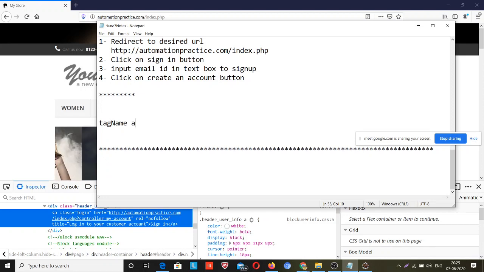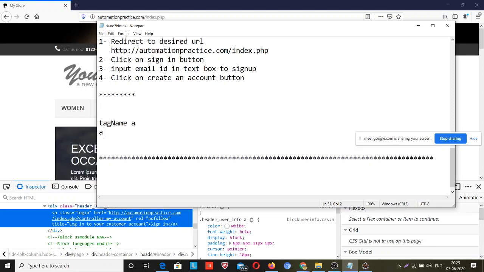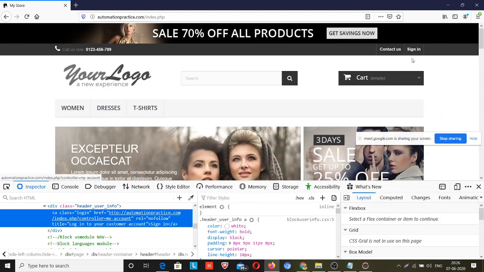So tag name is A. Attribute is what? Class. And value is equal to login. If I want to go to my family person's address, then I will need the address, and for this web element this is the address. And now how to use it, this I will explain.